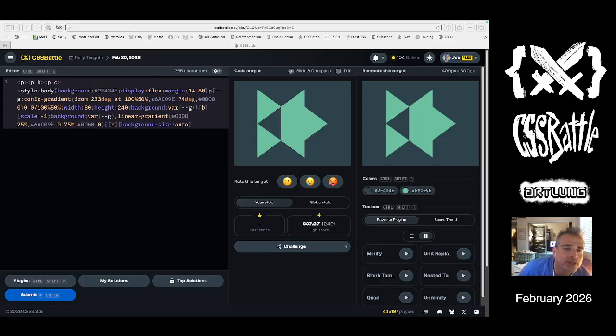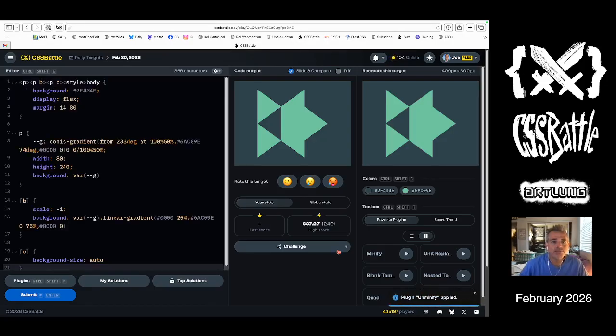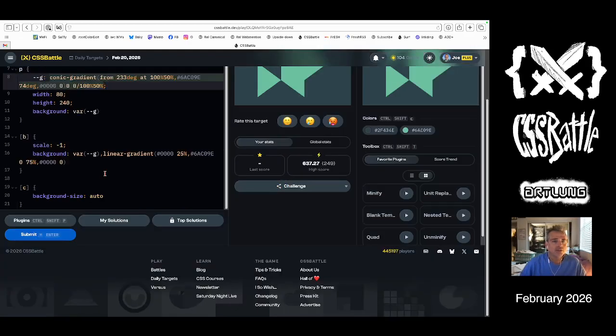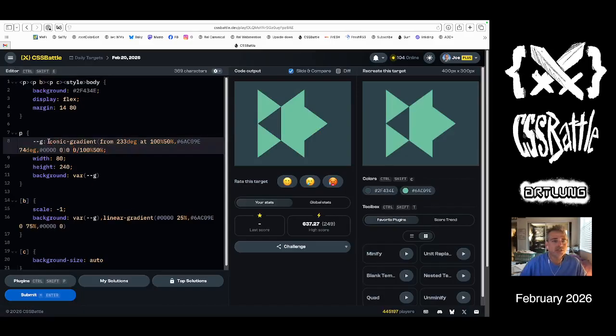This is a follow-up video, what I call a retro CSS battle, even though the day has not ended. But I wanted to revisit this one from February 2026, as I think I have a way to do it with one background without this linear gradient. So the solution that I came up with is this conic gradient that's super specific. But I think rather than use the different things that I did by changing the background size, so here's what